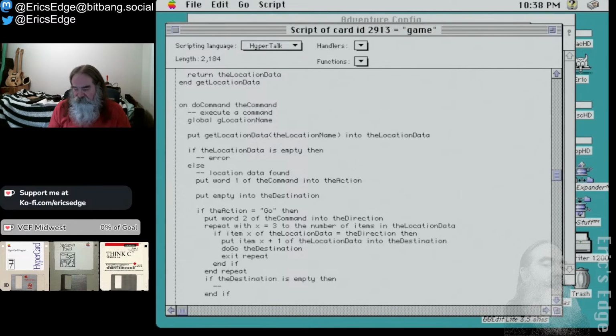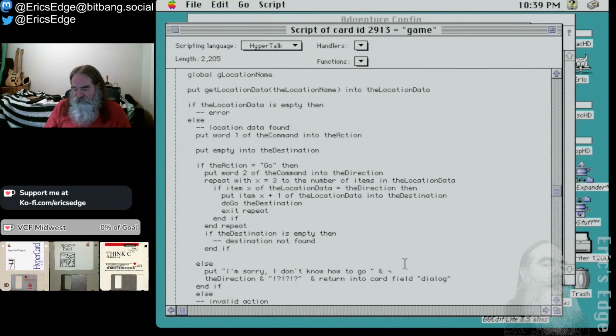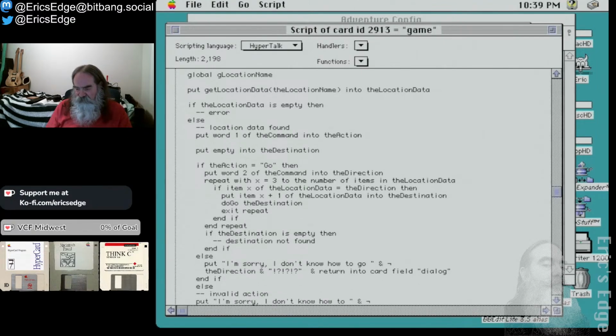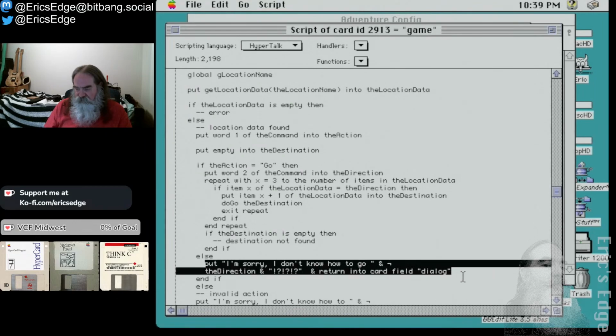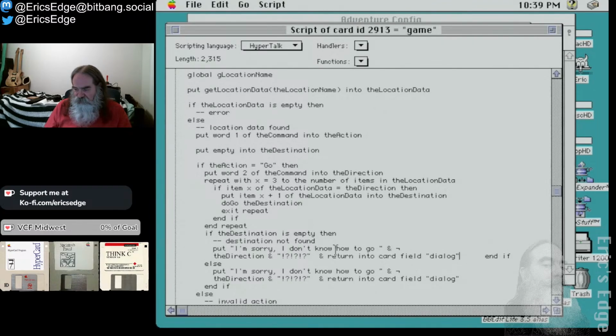So, destination not found. So we could display the error there. Maybe we don't want to do that, but let's just leave it there for now. And do something visual, something we can see. Sorry, I don't know how to go to